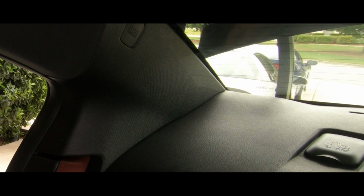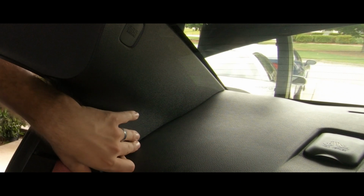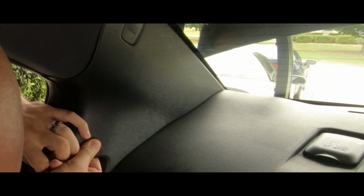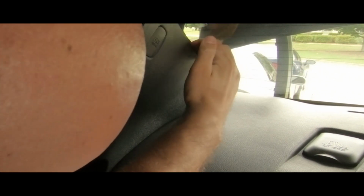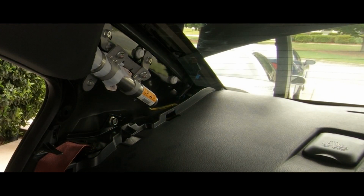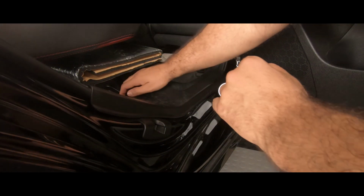So I'm going to be removing this whole piece right here from both sides, and in order to get to that, I will have to remove this piece. It just pops right out like that. There it is. And there we go. Just be careful, because that is the airbag right there, and you don't want to mess with that too much. The other piece that I'm going to have to remove is this plastic piece right here,